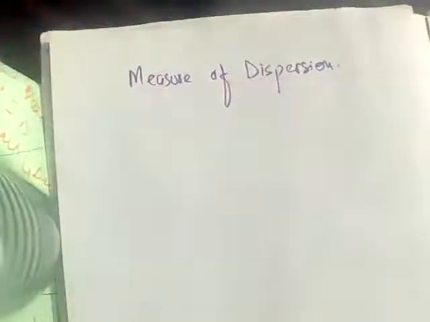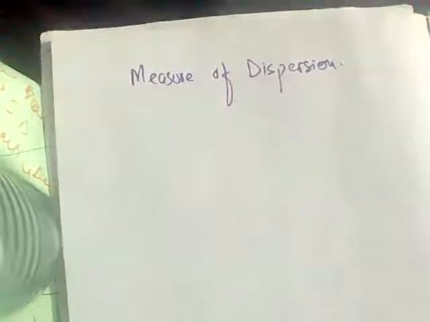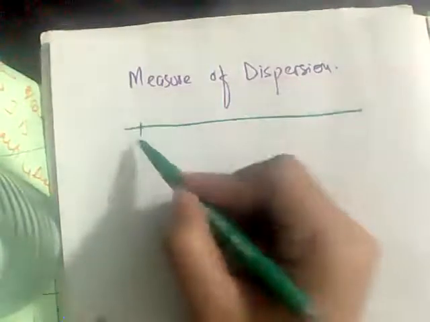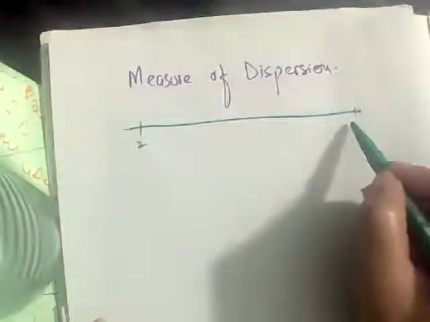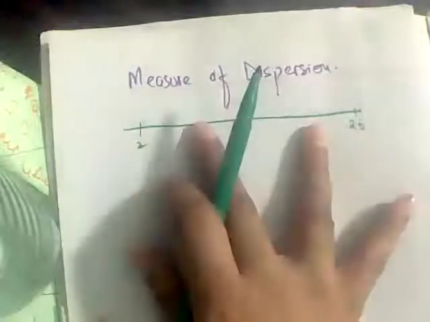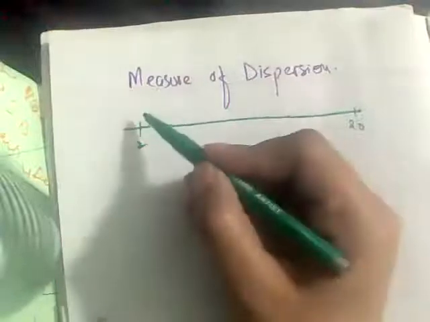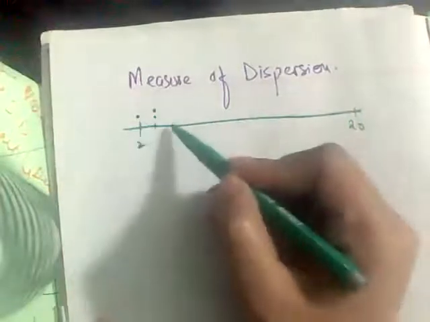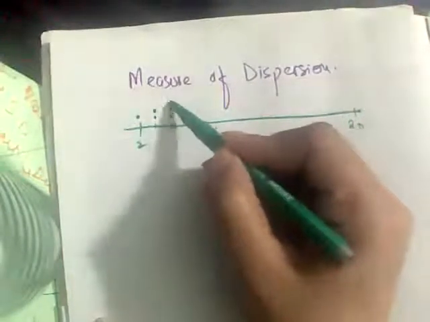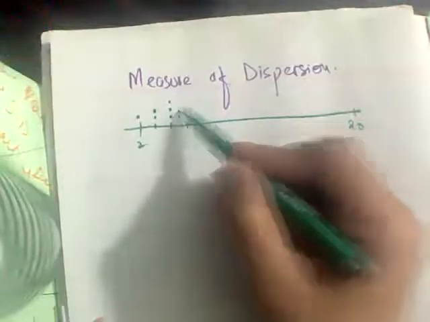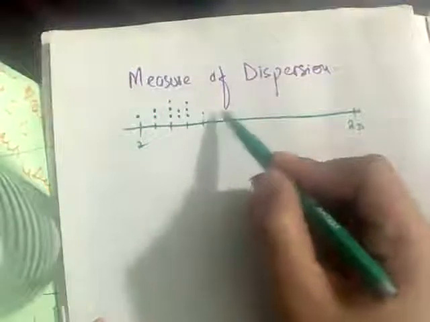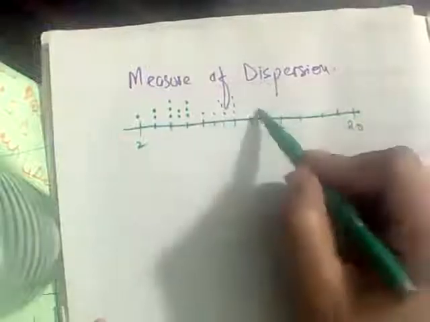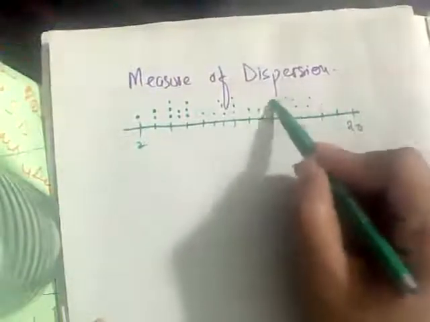Now for example, I have a few values in the data and I am representing the data on a number line. The smallest value in the data is 2 and the largest value is, for example, 20, and all the data is spread in between. So I assume that one value is 2, there are two values of 3, some values for 4, then maybe some for 4.5, then 5, and so on. So the data is spread between all the values from 2 to 20. Now I'm just spreading it haphazardly.